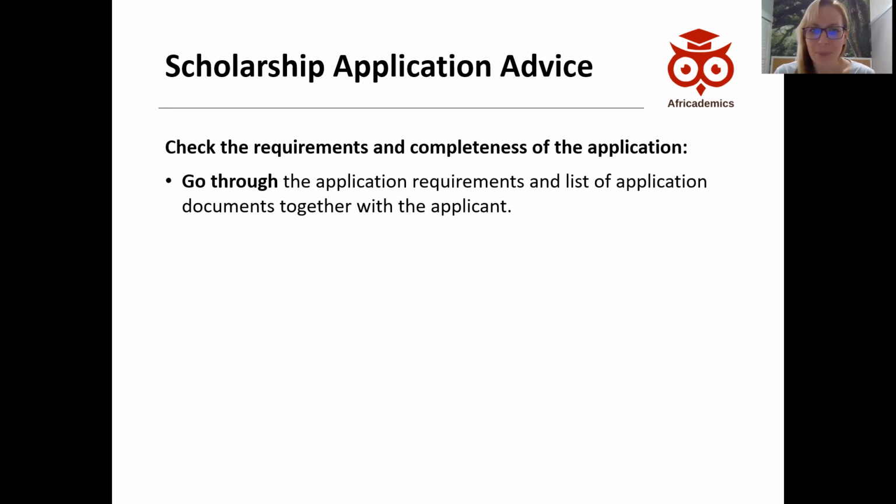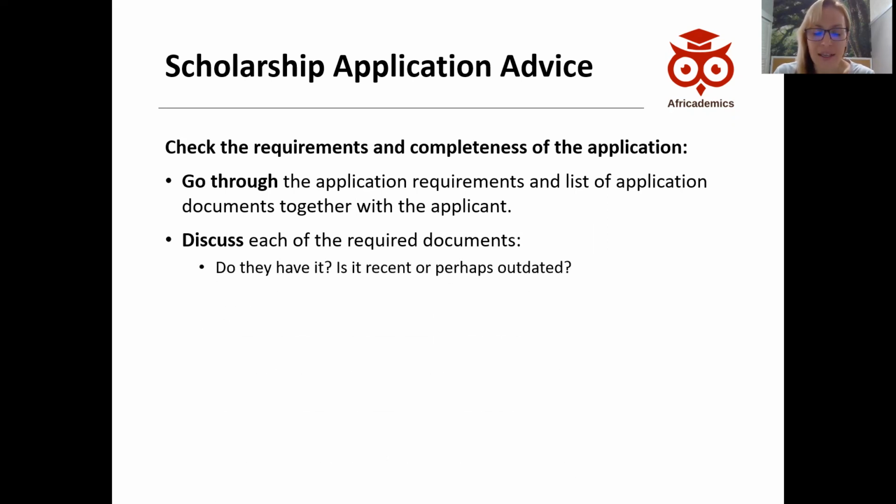Now, in terms of application documents, as you know, the first step is just to really go through the requirements in great detail. Go through the list of application documents and just make sure you understand the process and what is needed and what is required, and make sure that the applicant understands it as well. And then you go through those documents or the steps in the process and really just briefly discuss each of them with the candidate. So in terms of the documents, if it's something that they must provide, do they already have it? Is that your degree certificate, for example, because you may have someone who has graduated, but they don't have the degree certificate, but they need to submit it as part of the application.